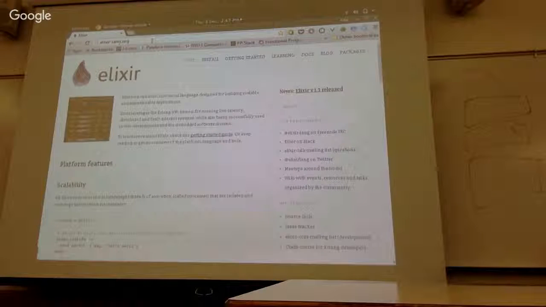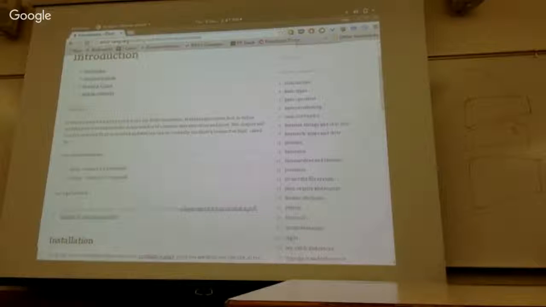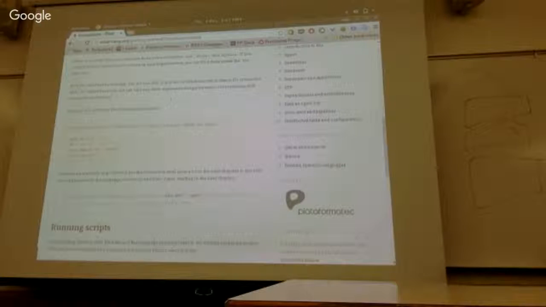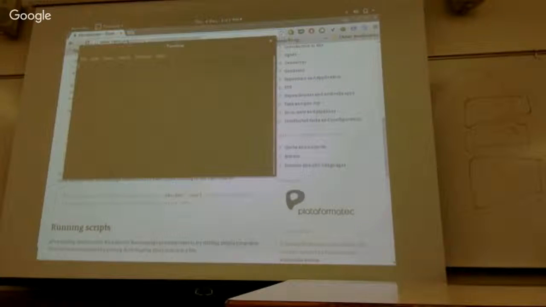Elixir is really just a cool language in general, but its getting started guide is really good. It takes you from very simple things down to much more advanced things. It's really easy to get installed. The other thing I'll show you about it that I really like, if I can do that quickly,